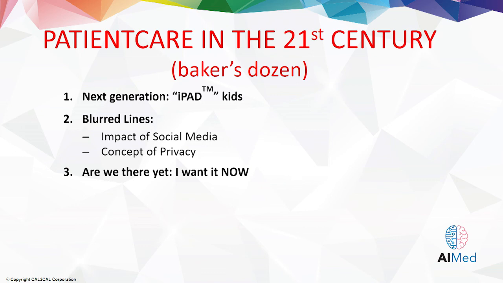This is the one I'm sure all of us face. Are we there yet? I want that information now. This is the way I say it, and I'm sure my wife will kill me for this again. We have a son, no longer a teenager. He's in college. And if he has not replied to mom's text in 30 seconds, after two minutes she's panicking. Something's gone wrong, because she wanted that information now. She wants that feedback now.